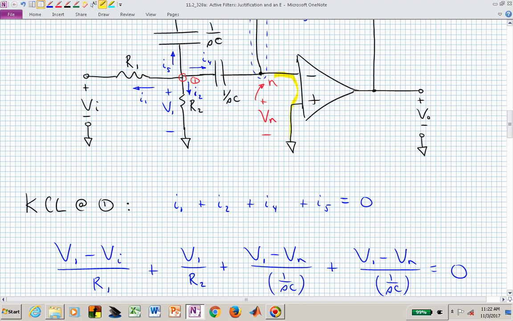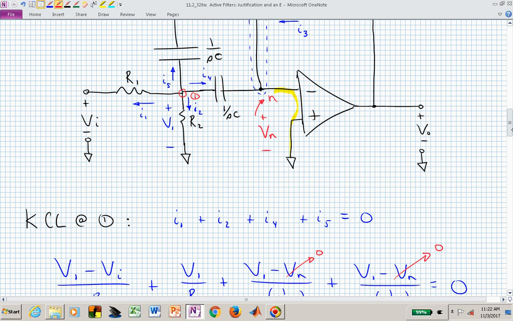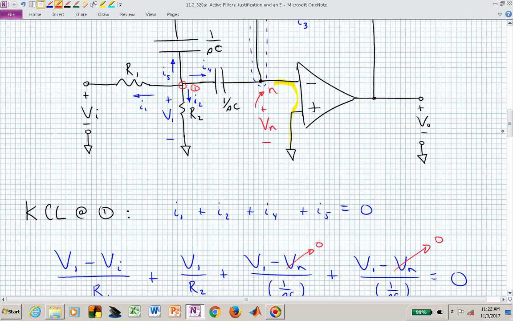In an ideal op-amp configuration, we don't have any voltage dropped across the inverting and non-inverting terminals, and so V sub N is actually connected to ground, and so V sub N really is 0, and the current I sub 4 flowing from left to right horizontally through that capacitor,